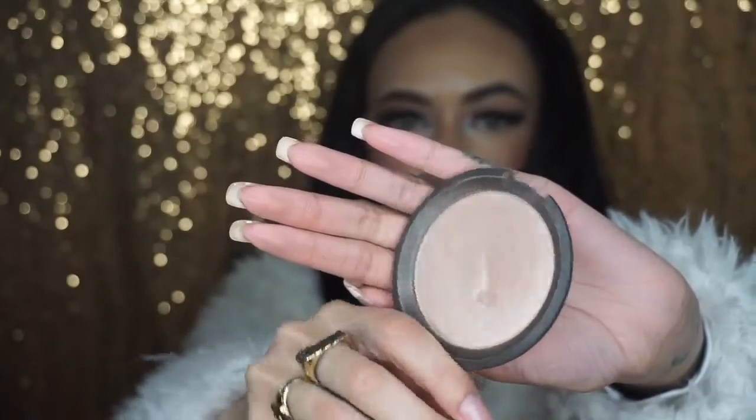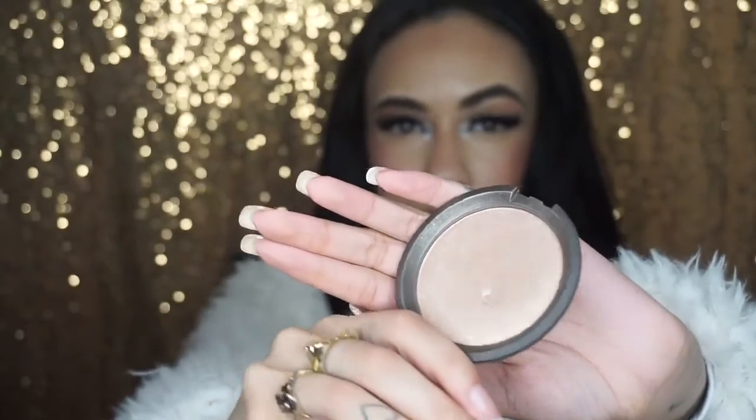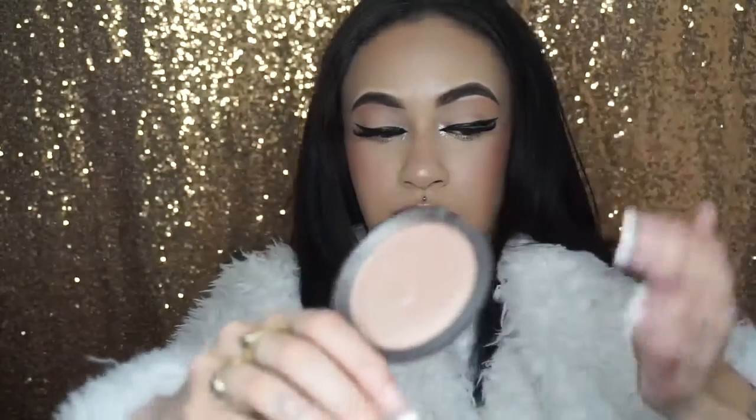I'm just going to tilt it so you can see that it's not that white. It kind of has like a pink undertone. It's really, really nice. These highlights are very pigmented. A little goes a long way, and if you really like that extra highlight, I will most definitely go for